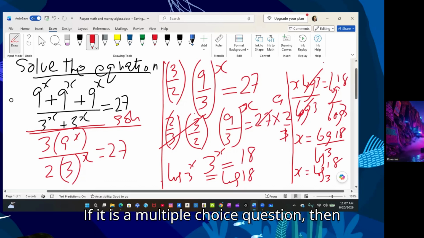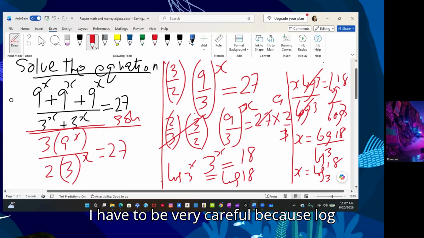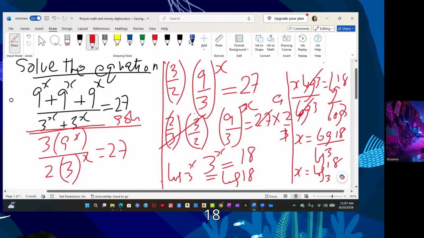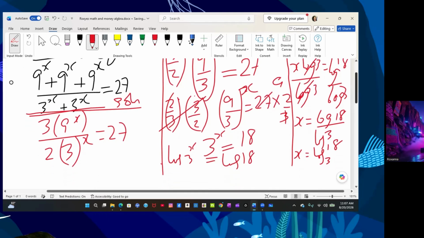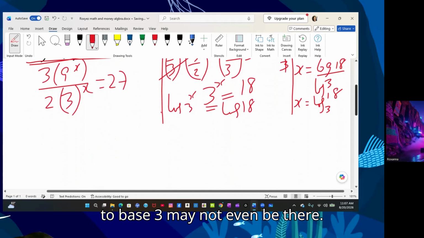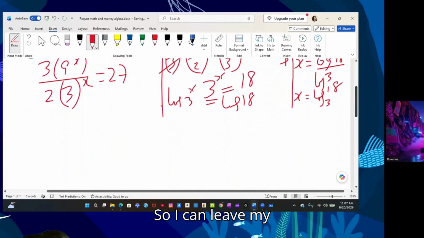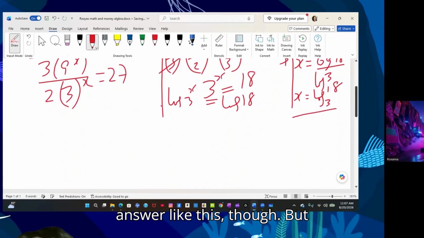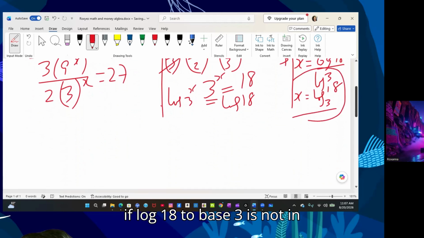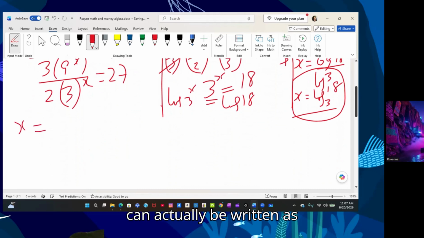If it is a multiple choice question, then I have to be very careful because log 18 to base 3 may not even be there. So I can leave my answer like this, but if log 18 to base 3 is not in my multiple choice answer, then x can actually be written as